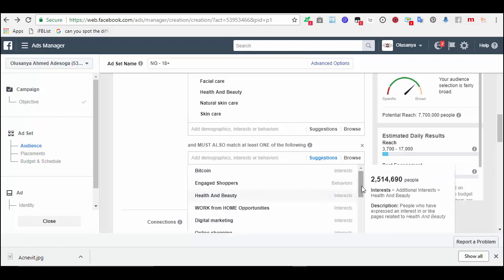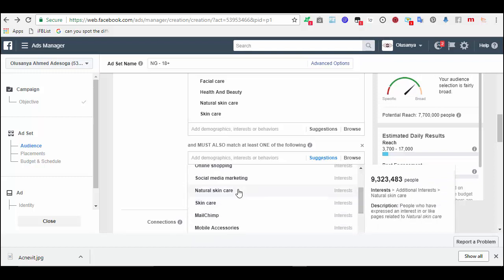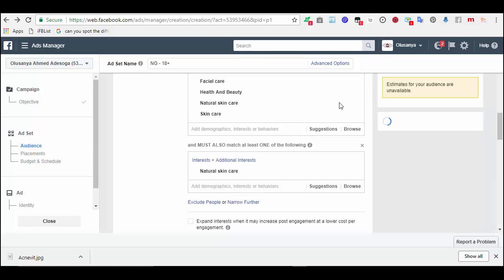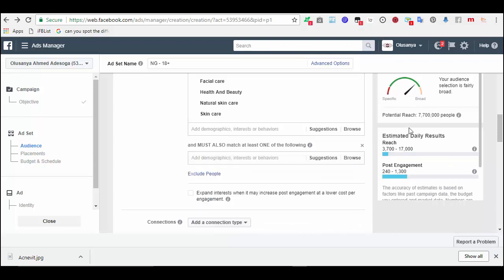Also, I don't want natural skincare. It will ignore that for me. Can you see 160,000 people? Can you see how it now narrows down this search? 160,000. Once I remove it, it jumps to 7.7 million.